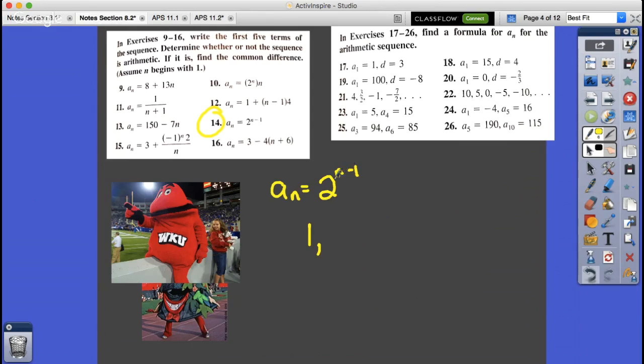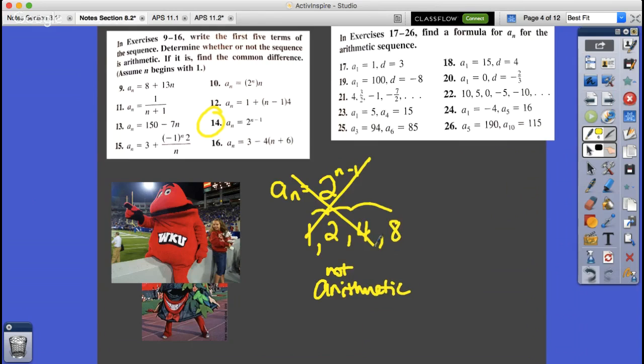I then plug in 2, so 2 to the first power would be 2. I plug 3 in, which would be 2 to the second power, which would be 4. And as you notice really quickly, this would keep going to 8 and so on and so forth. But what's happening is I'm multiplying by 2 each time, and there's not really a common difference. So without a common difference, we would say this is not arithmetic. So it's not arithmetic because we multiply by 2 each time, and therefore you would not have to come up